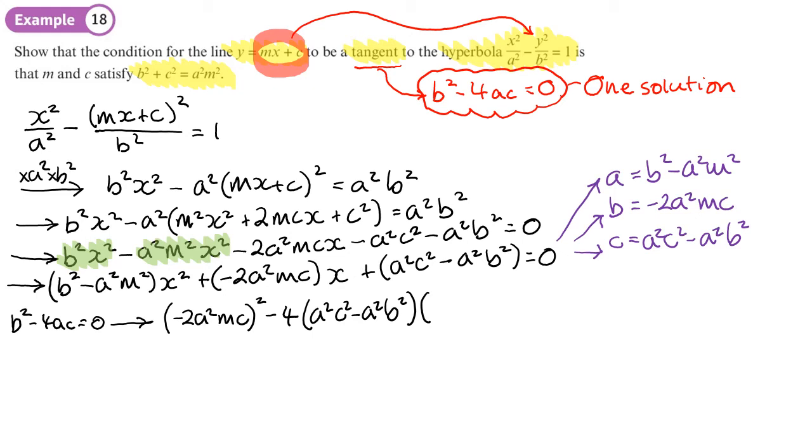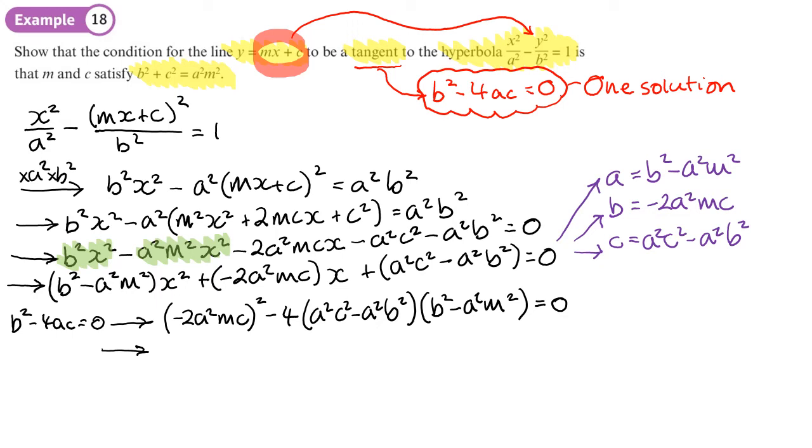I've done c, haven't I? So I've got 4ca, doesn't matter. It's all going to be multiplied out the same way. So I've got b squared minus 4ca, but it's the same thing, equals 0. Now, just like when I did the one with the ellipse, I'm going to take out a squared as a factor